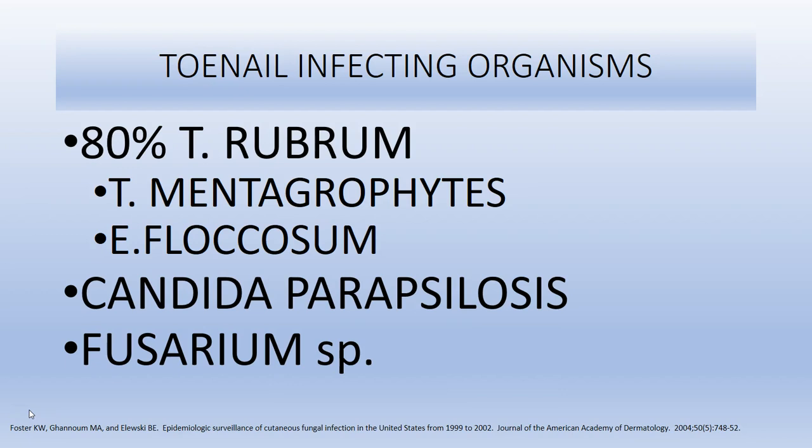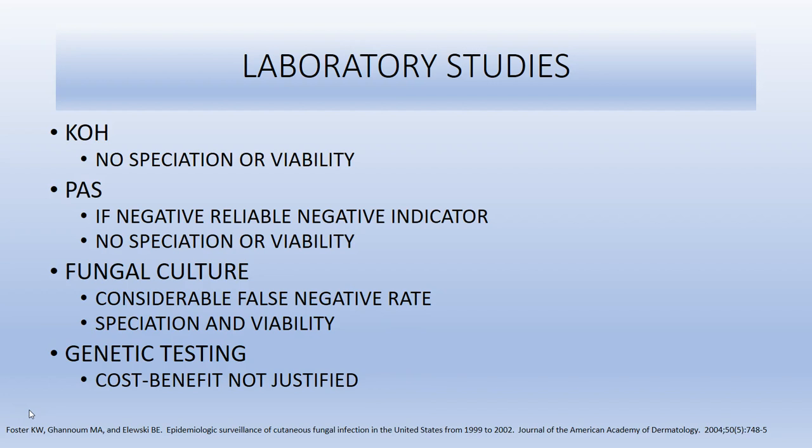We do know that in the majority of cases we're going to be treating T. rubrum, and again, between 70 and 80% of the patients presenting with onychomycosis likely have Trichophyton rubrum. Going back for a second to confirm the presence of a fungal infection, looking at the available alternatives, if you're using a laser, we don't need to know the fungus, we just need to know that there is a fungus,